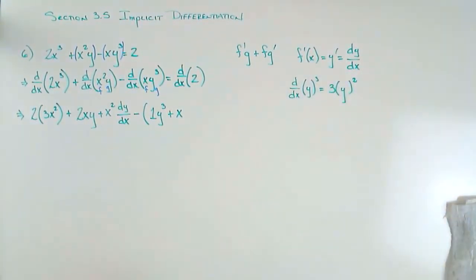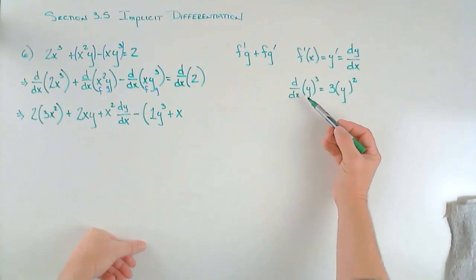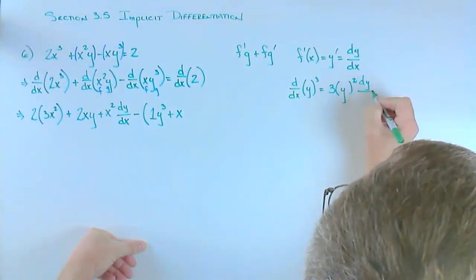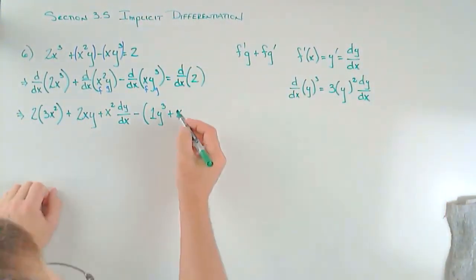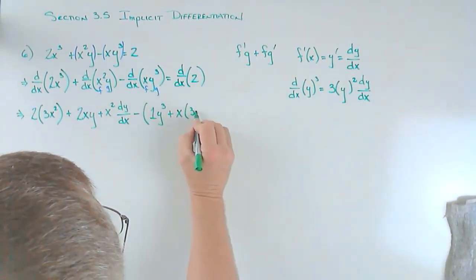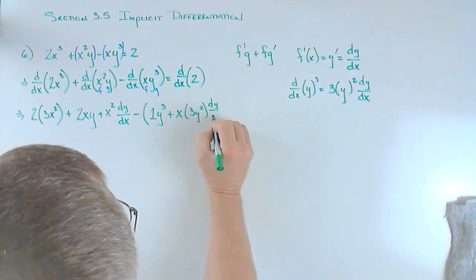And we leave the y alone. But we're not finished. The chain rule also says we have to take the derivative of what we find inside. What we find inside is y, so we're going to have a factor of the derivative of y. So we're going to get our x, we leave that alone, and then we get 3y squared dy dx